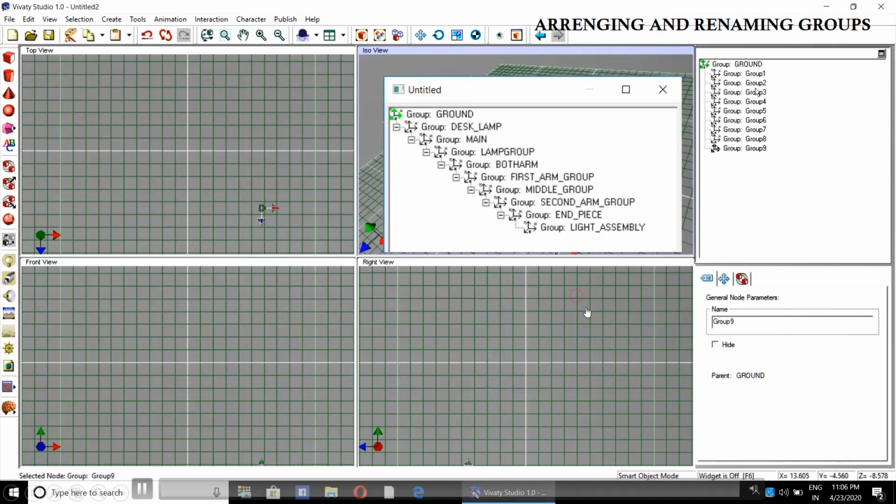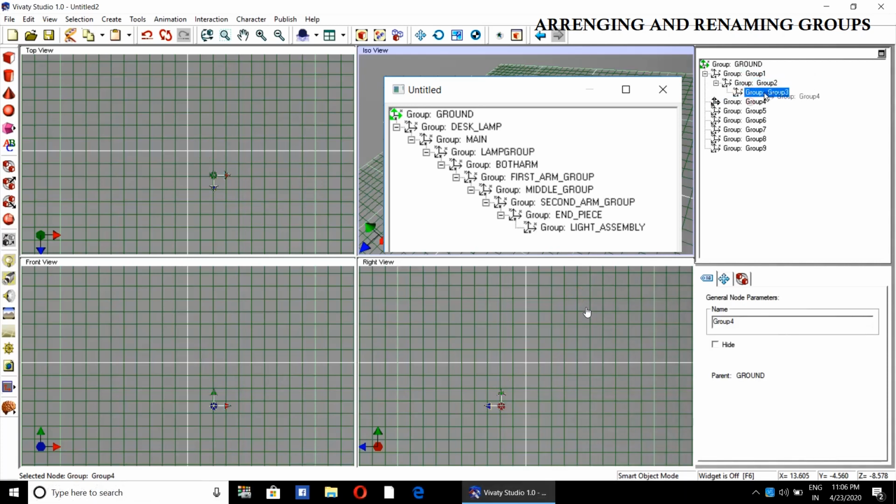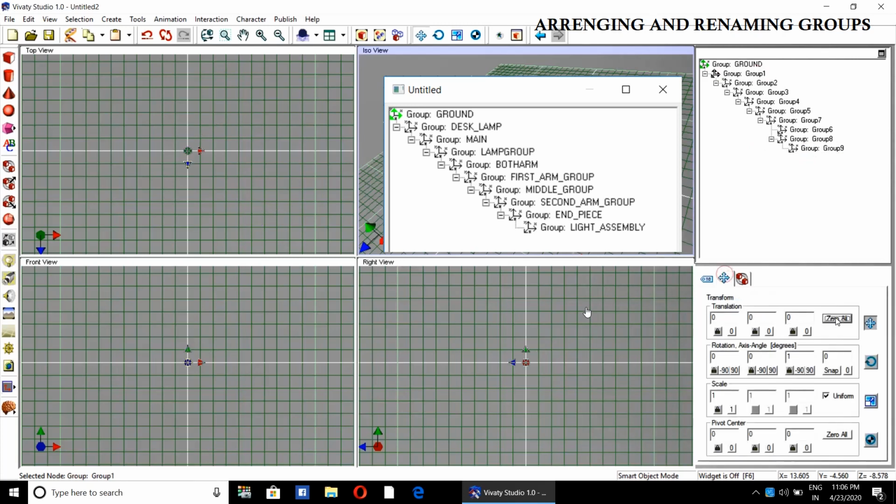Now in this step, we will be arranging the groups one below another properly, and we will be bringing the coordinates to 0 0 0, absolute 0. That is very much important. Now coordinates will be 0 0 0. So you repeat this procedure for all the groups.